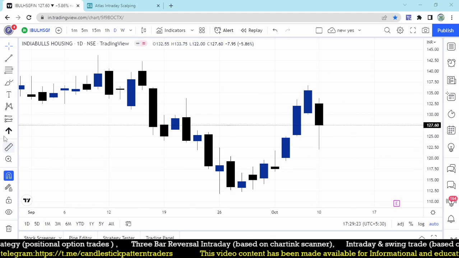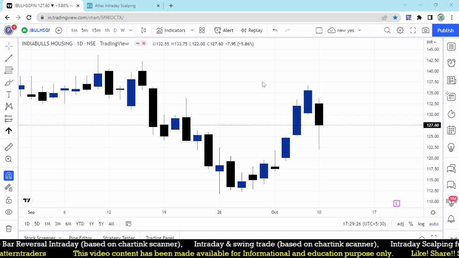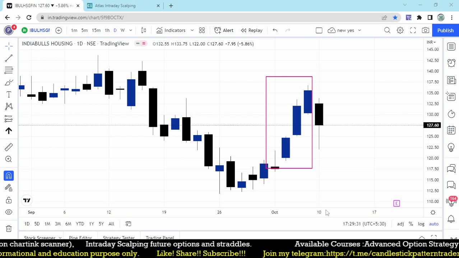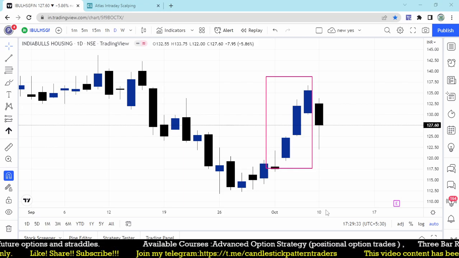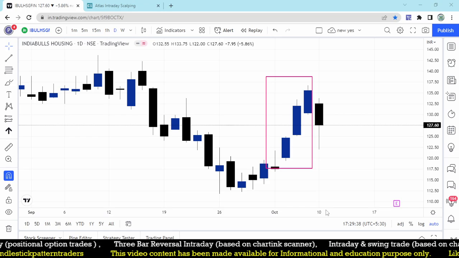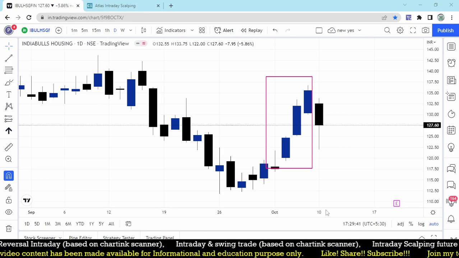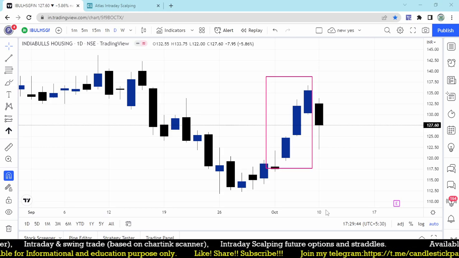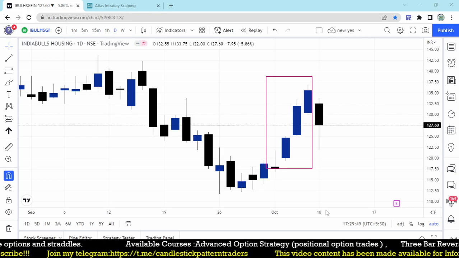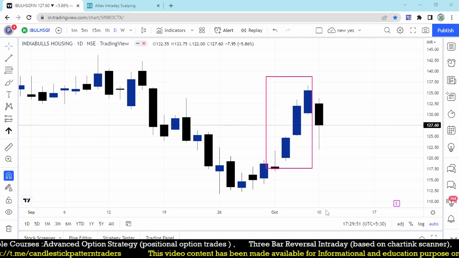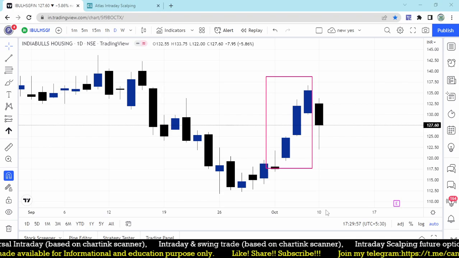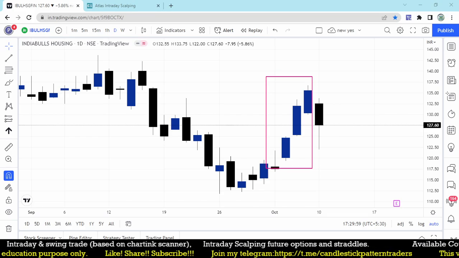Three consecutive green candles may show bullishness, and after three consecutive green candles closing with higher closes, that may help you find a breakout trade after the 4th day. If it is a green candle, there is a chance of moving in a positive way. But what happened in this case, it was not able to cross the 3rd day high, and the market started reversing down, and there is an entry opportunity that we already use a scanner for,